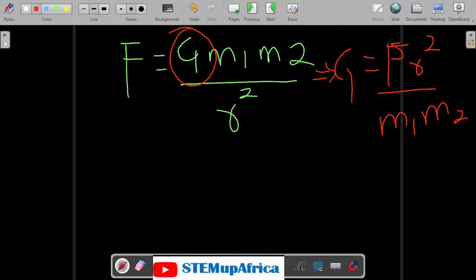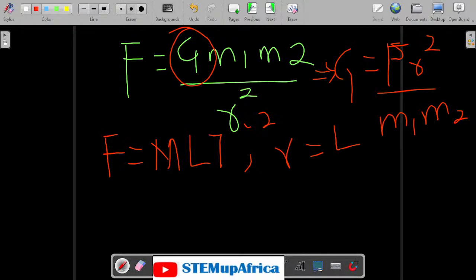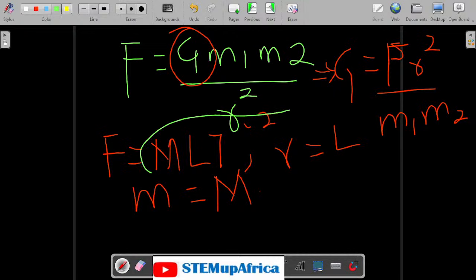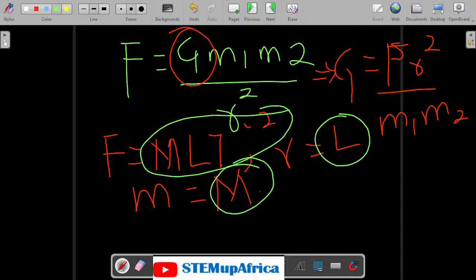So what's the dimension for force? Force on its own is M L T to the minus 2. Then radius is L, while mass is capital M. So these are their respective dimensions. Wherever we see them, in place of force, I will put this to represent force, this to represent radius, and this to represent mass. So if you fix them into the expression, my G will give me